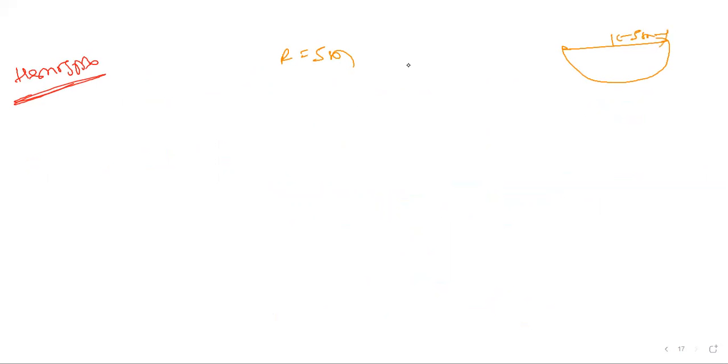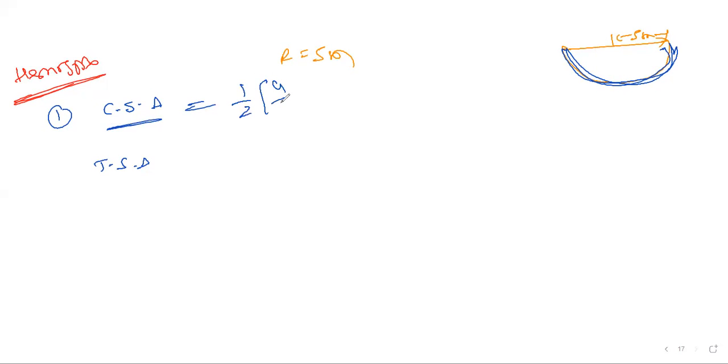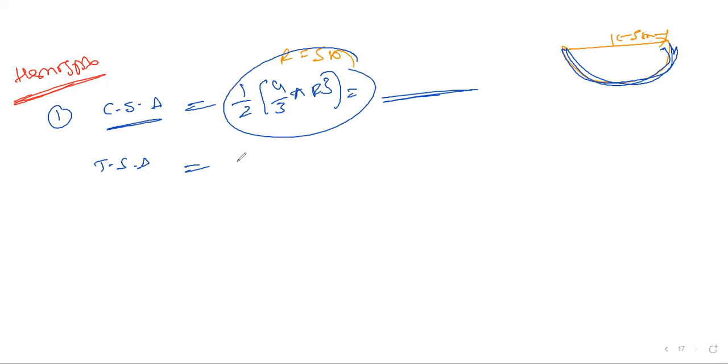Here for the hemisphere, there are two areas possible, CSA and TSA. I forgot to say TSA now. CSA means only this area will come. We should paint the curvature, but the top should be closed. That top paint should not be covered in the CSA. CSA means, as I told you just now, 1 by 2 of the sphere area. So 50% of the area is what we are going to paint. TSA means how much answer you're going to get in total. That is the curved area formula plus pi r square.